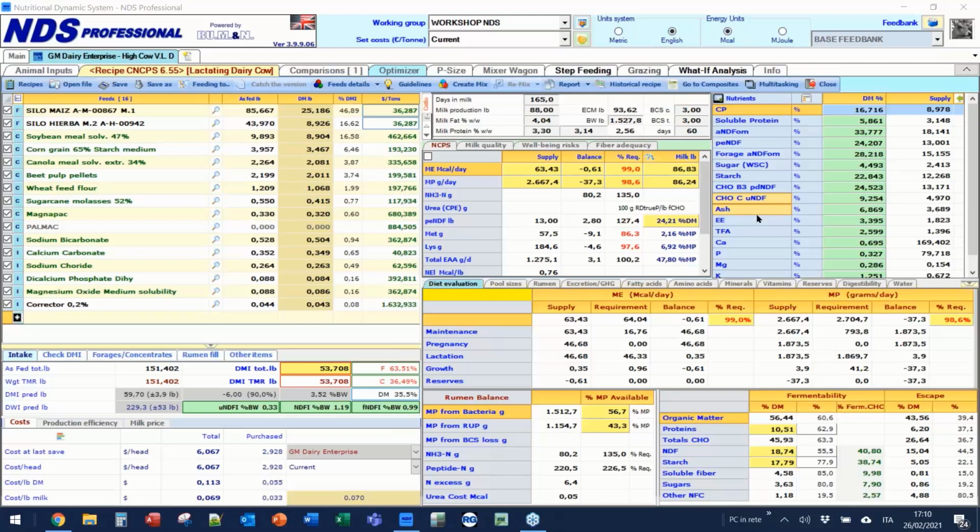This is something that is very popular, and all of you have had some experience with least cost optimization in order to balance diet. This linear optimizer has proved to be powerful and has been most widely used in least cost formulation. So it is still a great tool, but